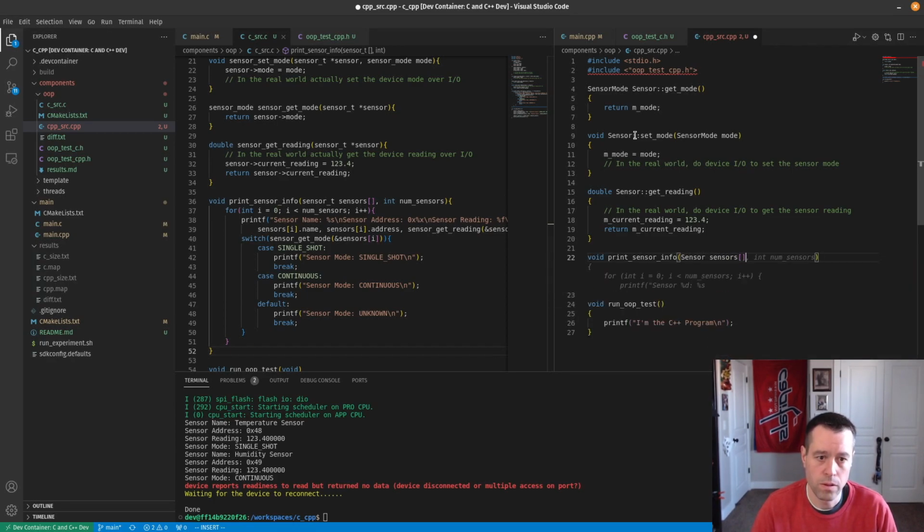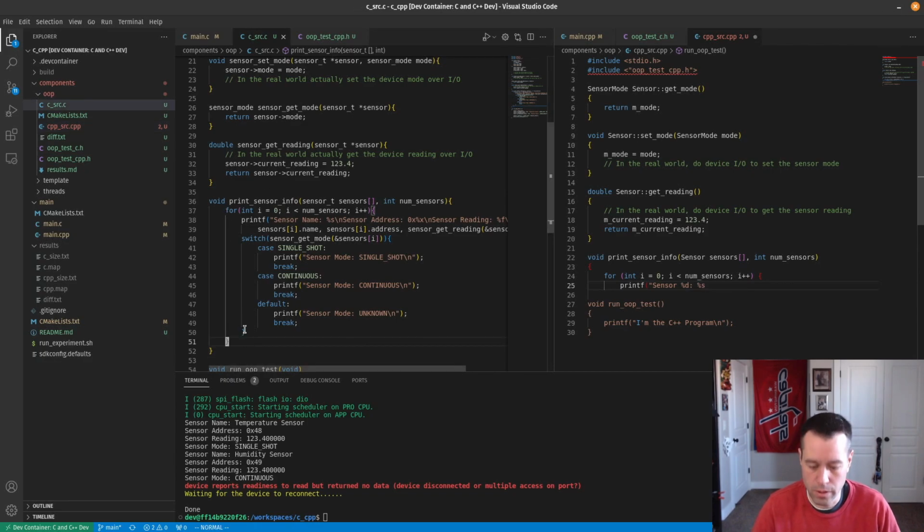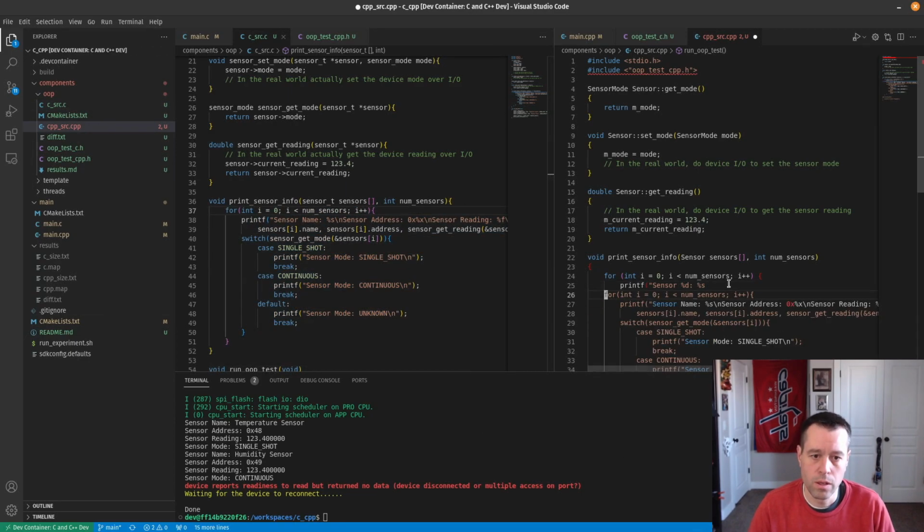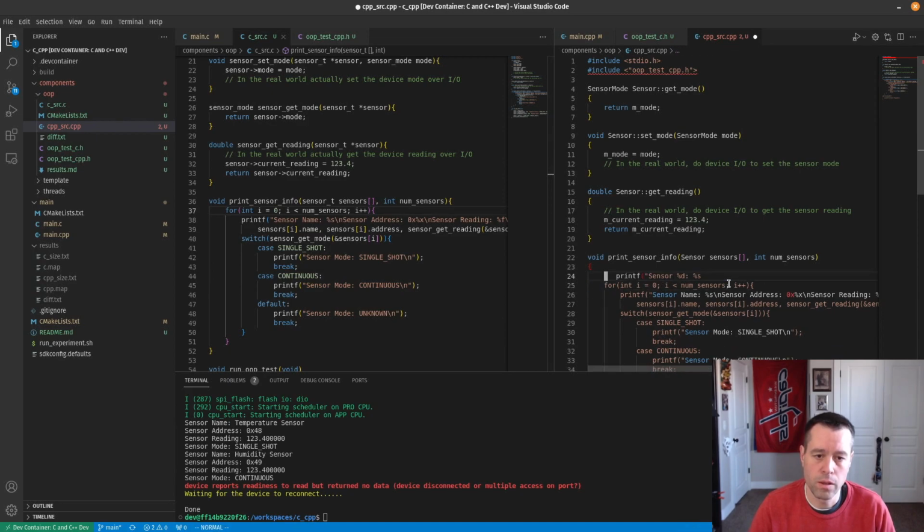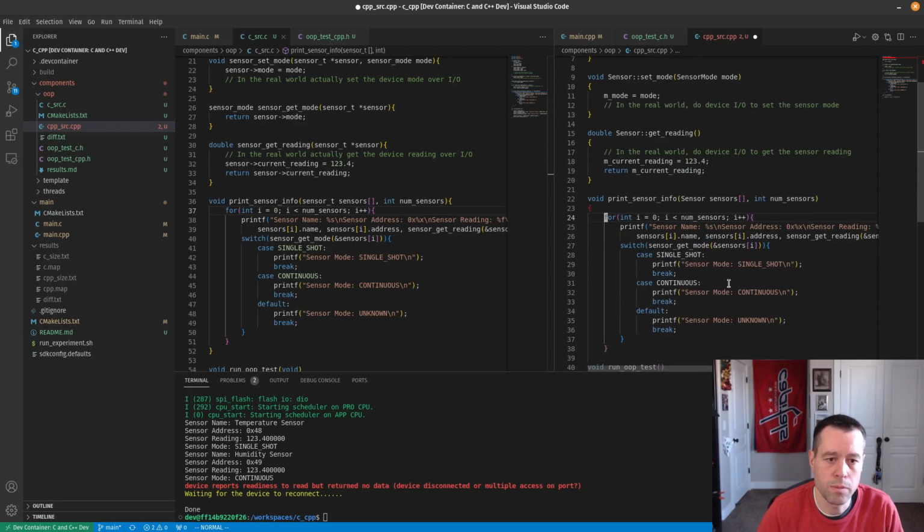Sensors. Yeah, and we'll do it the exact same way. And then let's just actually grab, just to make sure we're doing this head to head, i less than num sensors, print sensor name, and now